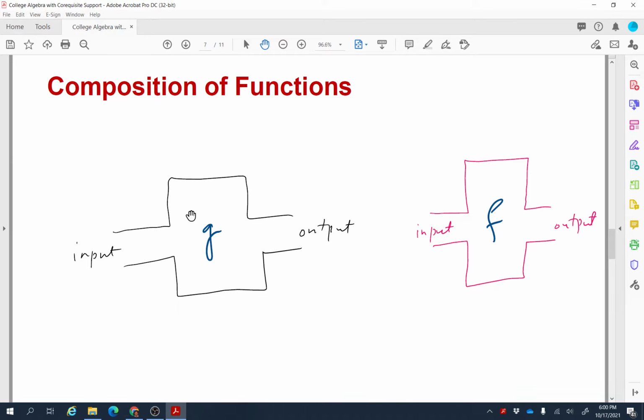Our goal is to create the brand new function by using these two functions, by connecting them whenever it's possible. Not always possible. Whenever it's possible, we try to connect them like this. So whatever output we get from g of x, this first machine, we are just sending that output to the second machine as input. Whenever that thing is possible, we can create a brand new function, and that's called composition